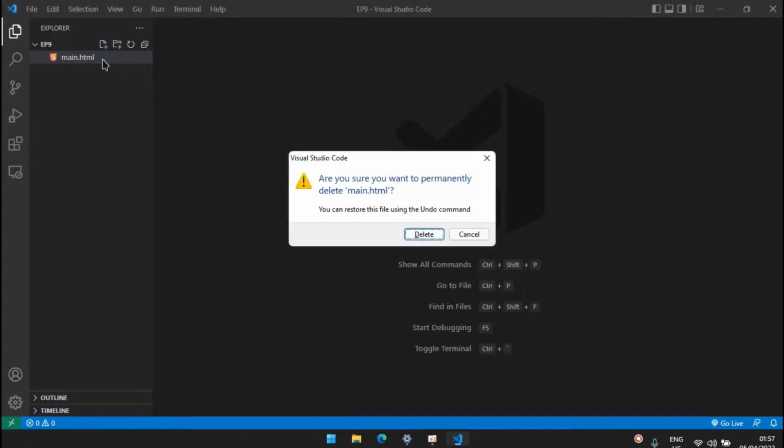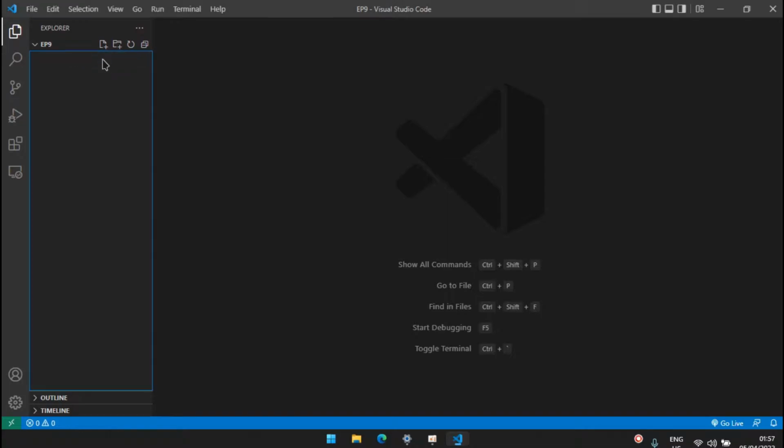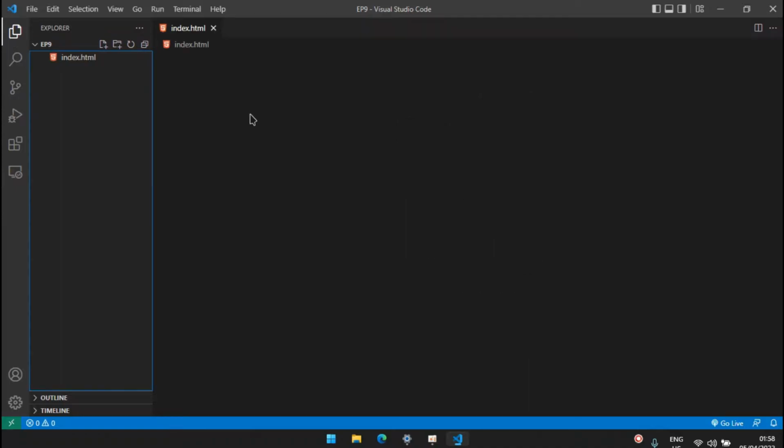First of all, if you have any files, just delete them. We're going to create new files. I'm going to name one index.html, and I'm going to create one more CSS file, which will be